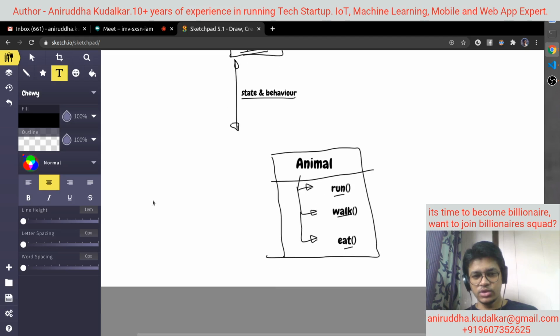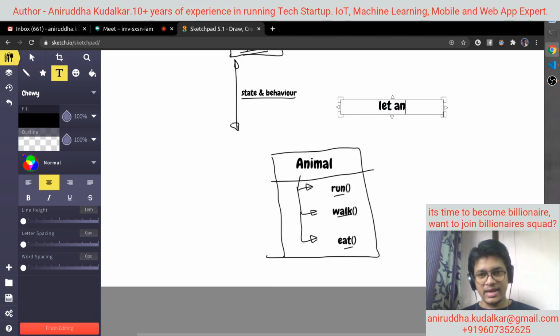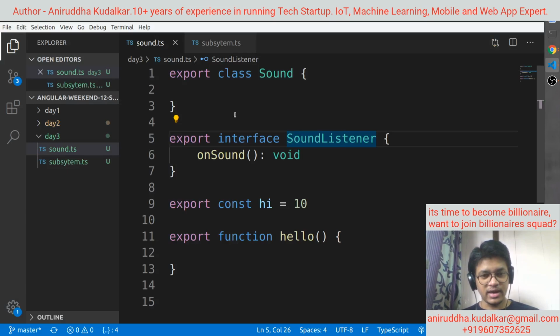So see how you will create object of animal. Let an is equals to new animal. So instead of that, let me create the class.